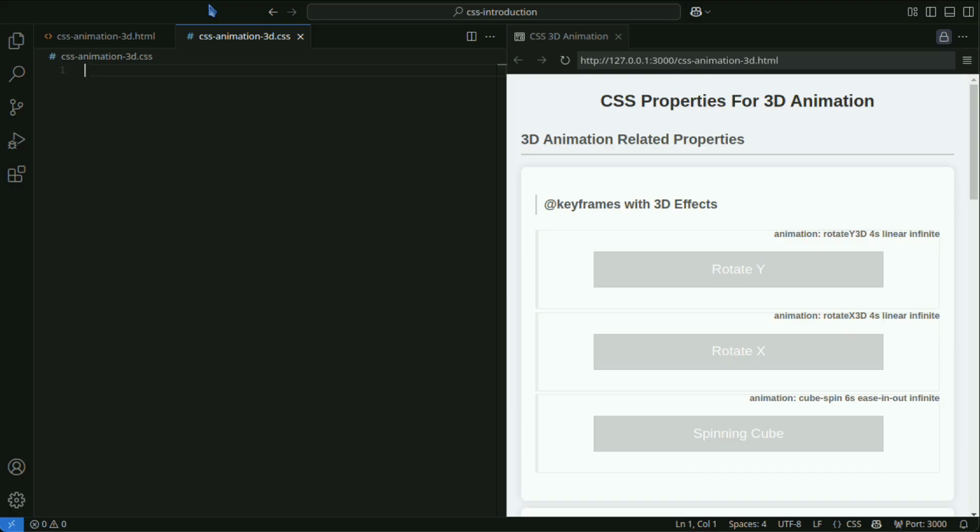This time, we will cover CSS properties related to 3D animation. We will explain how CSS 3D animations work and how to use them, along with example code. You can learn how to perform 3D transformations with the transform property and how to add three-dimensional motion using perspective and transform style. Enabling subtitles will make the code descriptions easier to understand.